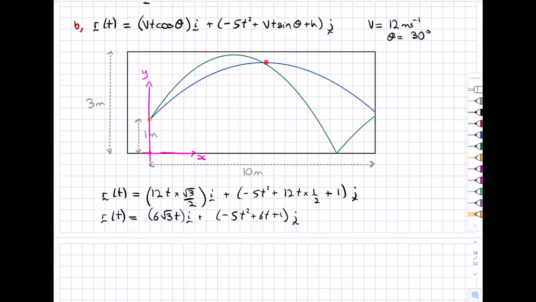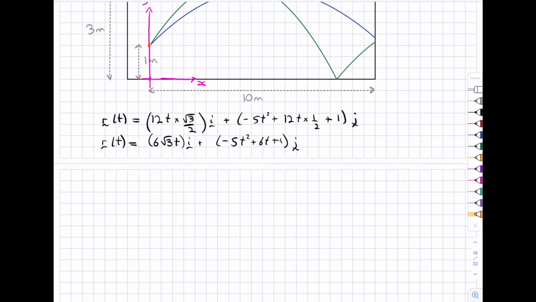And we know at the turning point, the y velocity is equal to 0. So I'm going to have to work out what the velocity in the y direction is. So I have to work out what y dot is. Now we've got y equals minus 5t squared plus 6t plus 1. So y dot is going to be